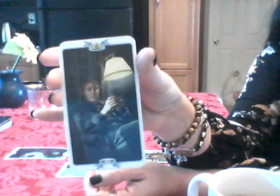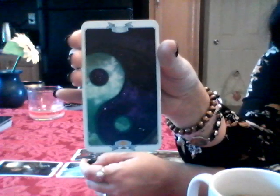And a very intelligent kind of person I see here, spending a lot of time doing that, maybe having some solitude, and then in balance. This is the yin and the yang. This is male female energy. And again, I'm going to say that again. It's male female energy. Both are important, but this is